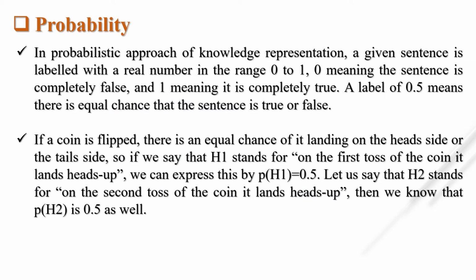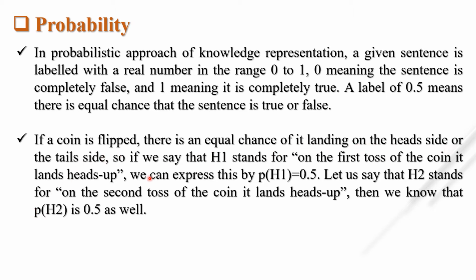So what is probability? In the probabilistic approach of knowledge representation, a given sentence is labeled with a real number in the range of 0 to 1, as we know. 0 means the sentence is completely false and 1 means it is completely true. A label of 0.5 probability means there is an equal chance that the sentence is true or false. Suppose a coin is flipped, there is an equal chance of its landing on the head side